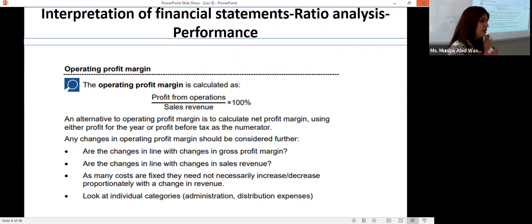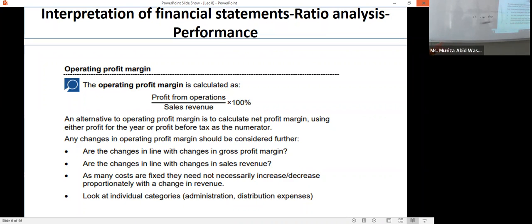And it would only be possible if the organization has the capacity to decrease or to control its indirect costs in a good manner. So they say that operating profit margin is calculated as profit from operations divided by sales revenue multiplied by 100. In the exams, they can use either name. They can give it as profit from operations or earnings before interest and tax or profit before interest and tax